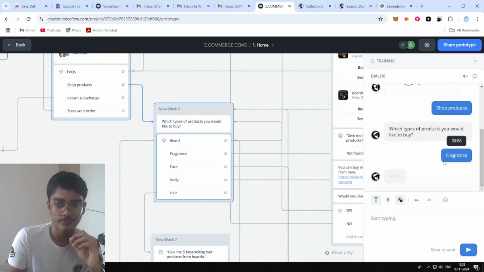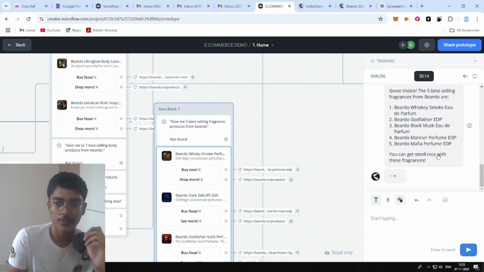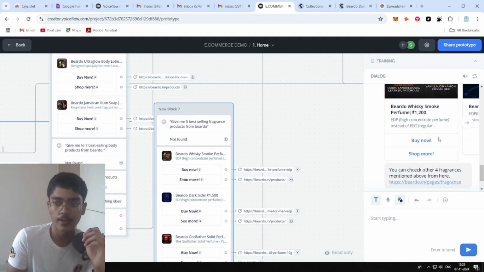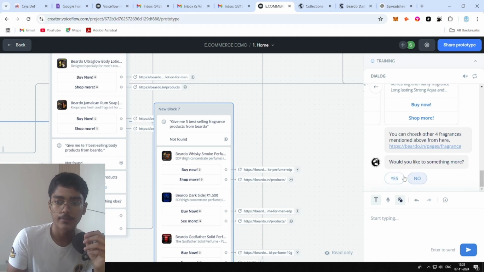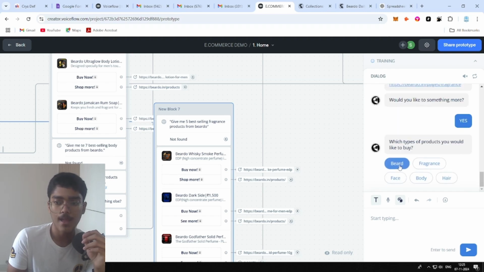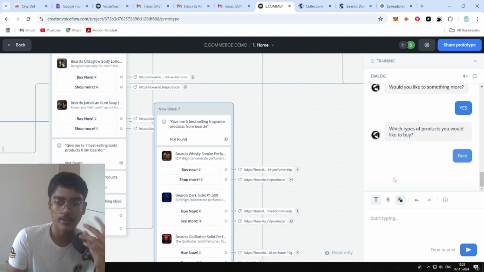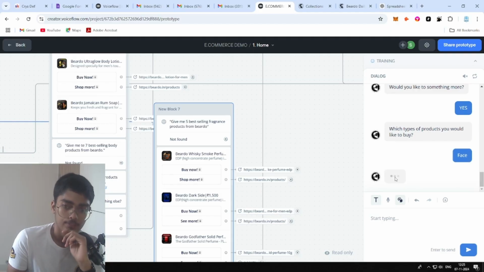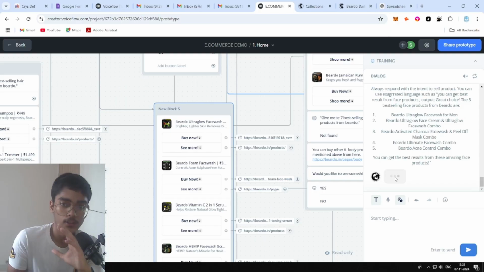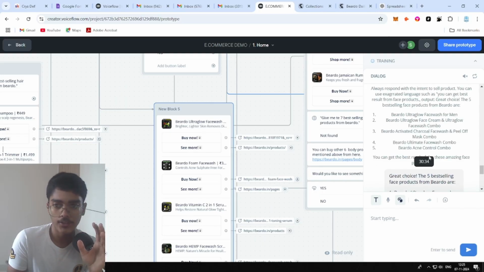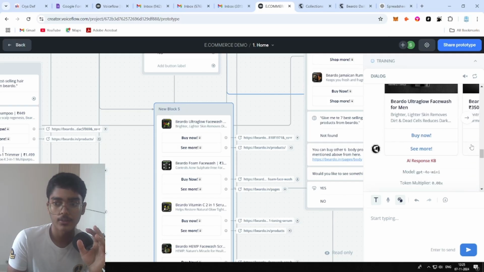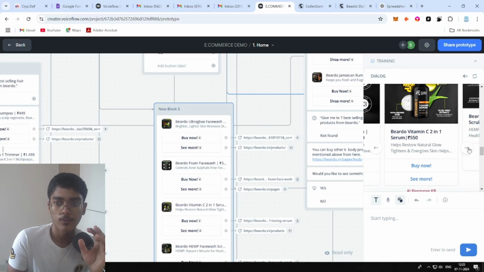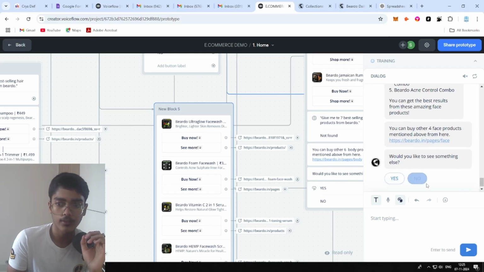We have fragrance. This has a lot of perfumes and stuff like that. So, check out, and okay, you got whiskey. So you get the point. Now, if I say yes to something else, I'd get redirected back to the first menu. This takes time because there is a lot of information to parse. So we have Bio Effective, Ultra Glow face wash, beard foam, stuff like that. Would you like something else? If I say no,